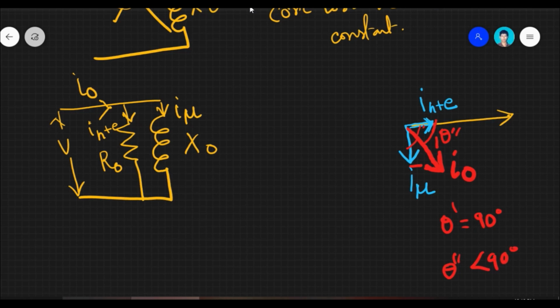But this change takes place, means I naught phasor shifts in counterclockwise direction. So this means change of orientation of I naught in counterclockwise direction, we call it as